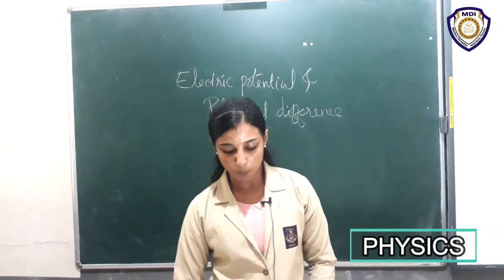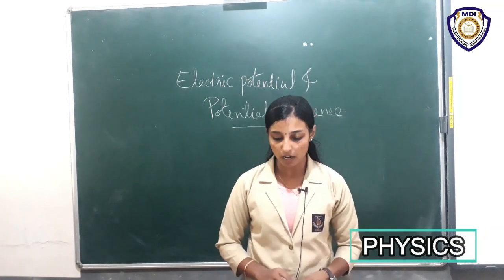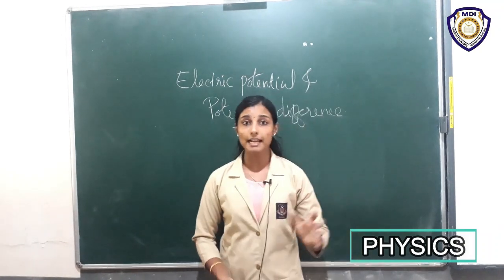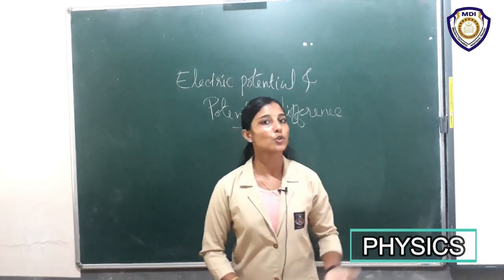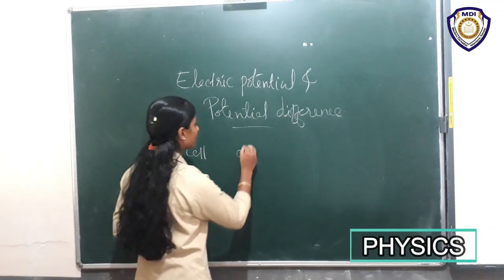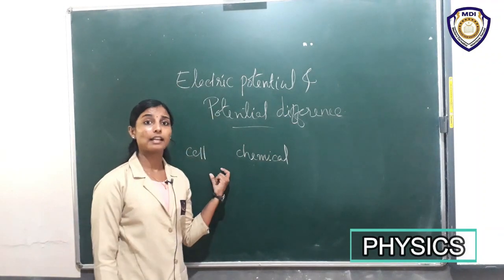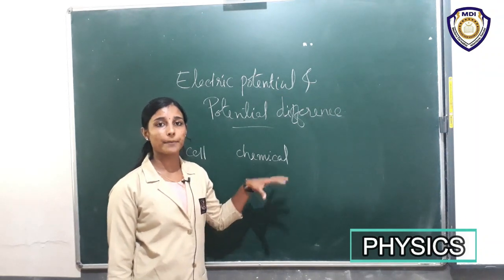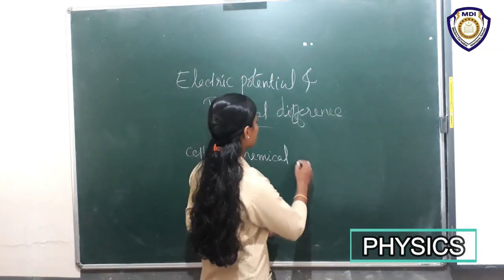Okay, so in order to maintain the current in a given electric circuit, the cell has to expend the chemical energy stored in it. Okay, so what does the cell do? The chemical energy is converted into electrical energy, right? So the cell, what does the cell do? The chemical energy, that is inside this cell, there is something happened, right? So some chemical reactions have happened inside this cell, so that makes a chemical energy, and the chemical energy is